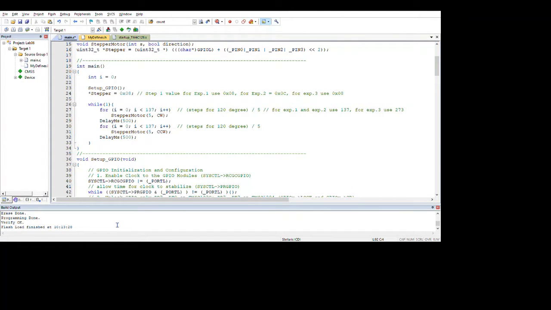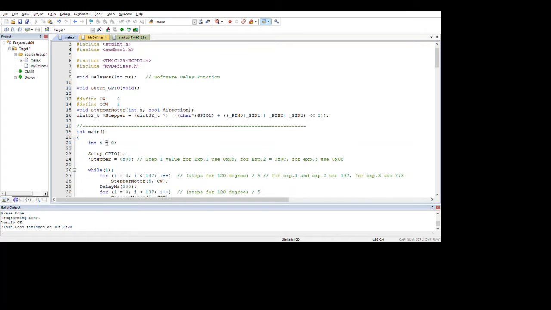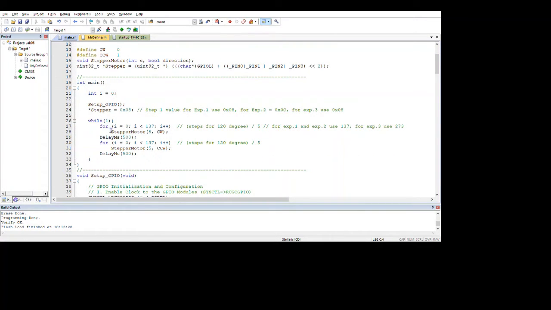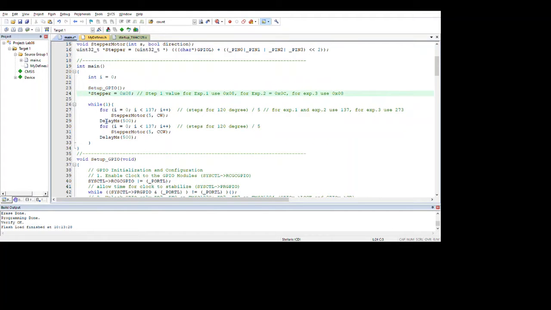Okay, so now let's talk about the code for experiment 2. Pretty much the setup GPIO and the previously mentioned defines, pointers, and functions here are the same, and so is the setup GPIO. It's the same thing as experiment 1. The only difference is that in this experiment, our pointer stepper